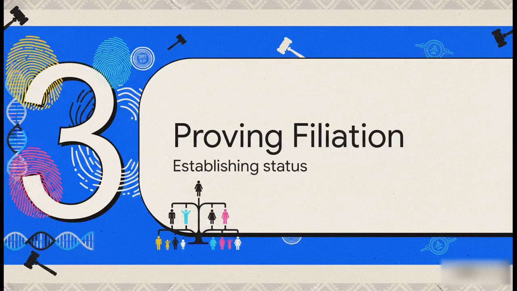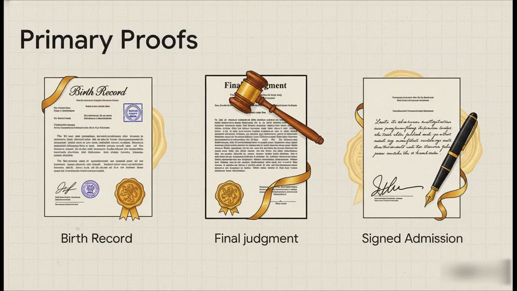All right, Section 3, Proving Child's Filiation Status. Once we know what the status should be, how does a child actually prove it in the eyes of the law? Under Article 172, the law really wants a hard paper trail. Your primary proofs are, number 1, the civil register record of birth or a final court judgment, or number 2, an admission of legitimate filiation in a public document, or a private handwritten document signed by the parent. These are your gold standard pieces of evidence.